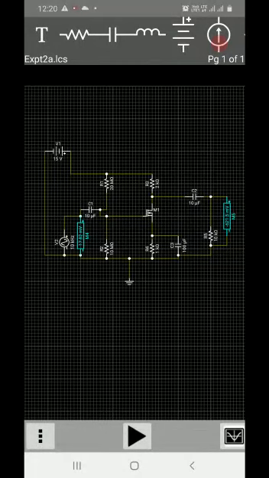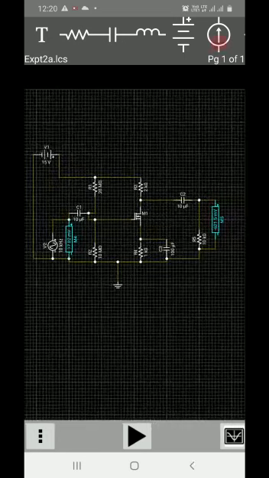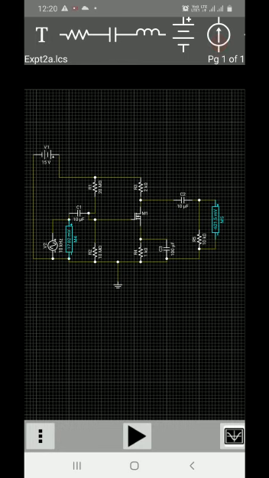So this is the circuit designed using an N-channel enhancement MOSFET connected in voltage divider biasing configuration, and the objective behind designing the circuit was to obtain the voltage gain of the single stage amplifier. In the previous video we have seen the designing of this circuit, how the components are selected, the voltmeters, the required voltage sources, and the components as well.